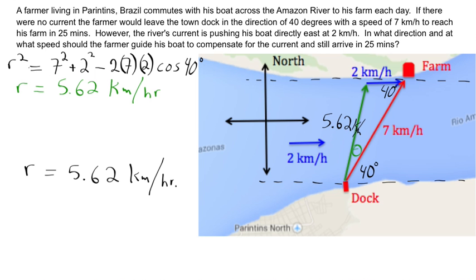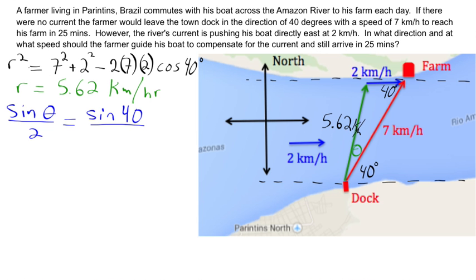Now, once we find theta, we can add it to 40 and find the angle that the farmer will take his boat. This looks like a law of sines. Hopefully you've all guessed that. So let's set it up. Sine of theta over 2 is equal to sine of 40 over 5.62. Let's do the cross products. Well, actually, we can isolate sine of theta. Let's multiply both sides by 2, and we get sine of theta is equal to 2 times sine 40, all divided by 5.62. Plug it in your trusty rusty calculator,